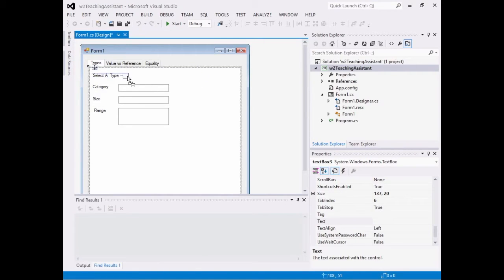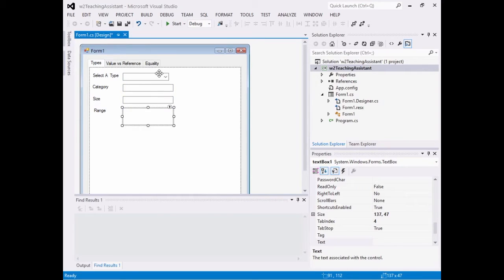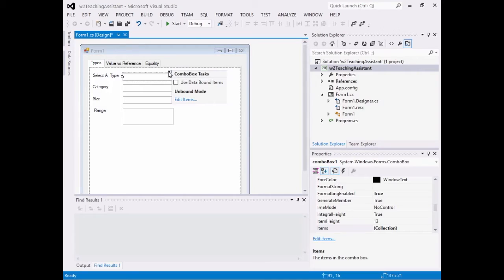I'm going to put that up. And let's line things up nicely. Stretch that out a bit. And if I look at the arrow and I click on the arrow, it says edit items, or it also